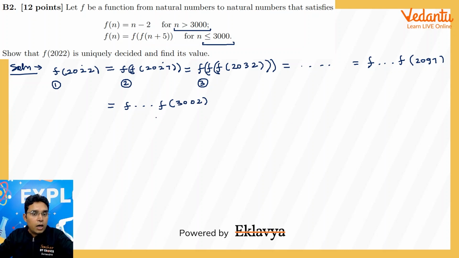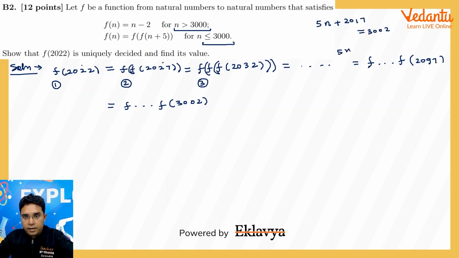Okay, now we have to count how many times f appears here. See here this AP, if you count, its common difference is 5, so its general term would be 5n plus 2017, and here if we are getting 3002,